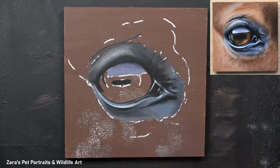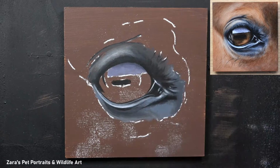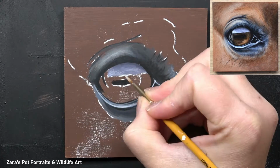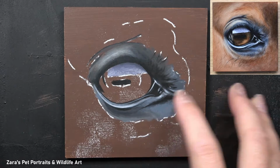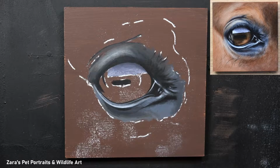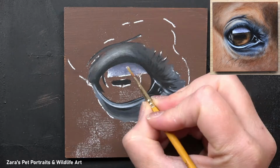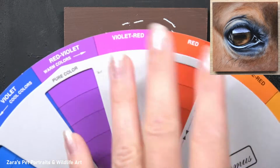You can turn that painting around upside down, do the same to your reference photo, and then just paint what you see, because your brain is forced to see it for the shapes rather than, in this case, a horse's eye. By the time you get that area done and you turn everything back up the right way, you'll be surprised at how much more accurate that looks than when you were working with it up the right way. It's just because our brain is processing that image in a different context. So it's at this point where I leave that to dry, and then I'm going to start mapping in my